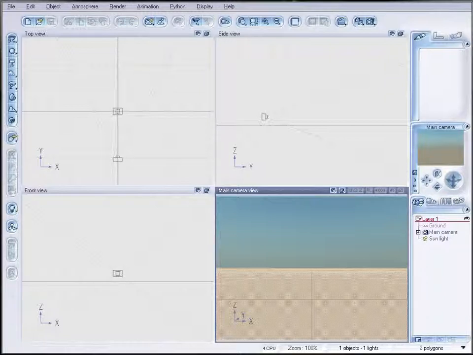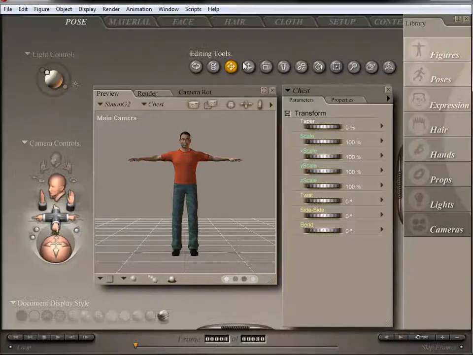In this tutorial we look at how to work more with Vue and Poser, and what the best settings are to import Poser animation or figures inside the Vue. So let's open Poser, and this is Poser 7. Poser Pro will work similarly in some cases. Here we have our figures, and we can set